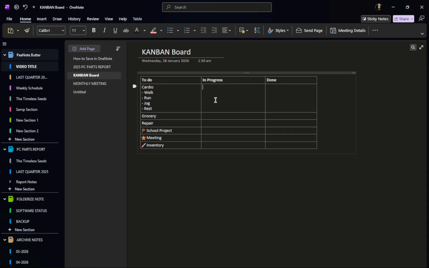Now place your cursor where you want the checkbox, or select the text you want to turn into a task. If you want to add a checkbox next to some existing text, simply highlight that line. If you're starting fresh, click in the empty area on the page. This action is important as it determines where your checkbox will appear. You'll see a blinking cursor indicating that you are ready to type. This is a small step, but it sets up the perfect spot for your task management.